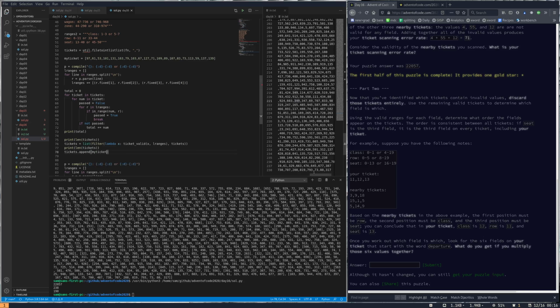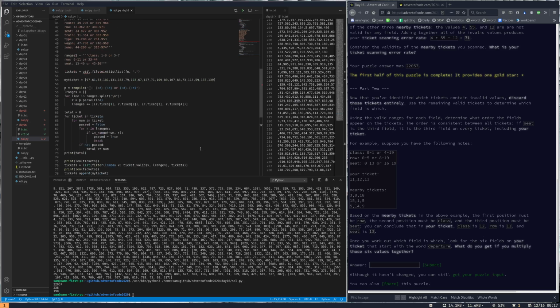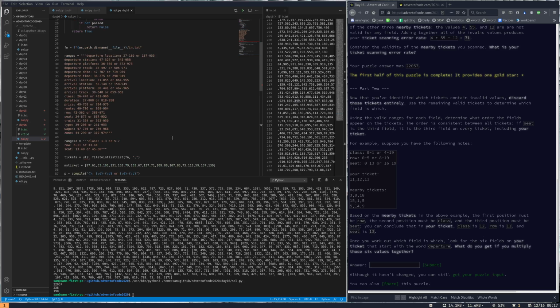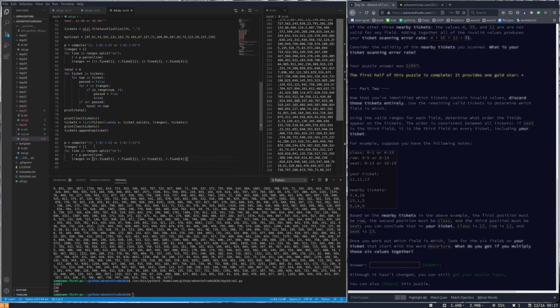So the tickets now contain my ticket, and what we're doing now is this thing, but now we need to create several things. So first of all, we want to make an object now. So we're going to make an object that is